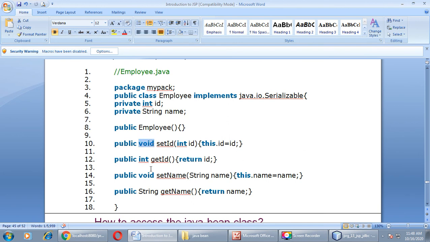It is a single-parameterized method having the type of the attribute. The data type of this attribute is String, and the parameter type is also String. For id you can notice the same thing. The data type of id is integer, and the parameter data type is also integer. Okay, so these are the properties of getter and setter methods.